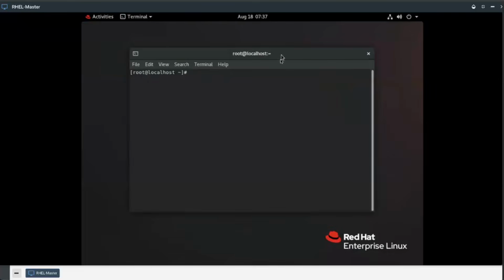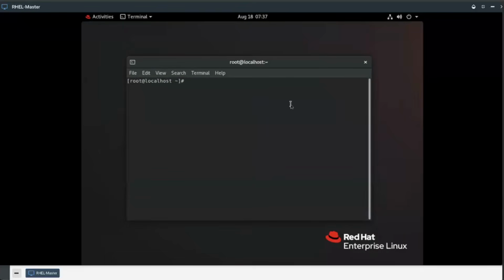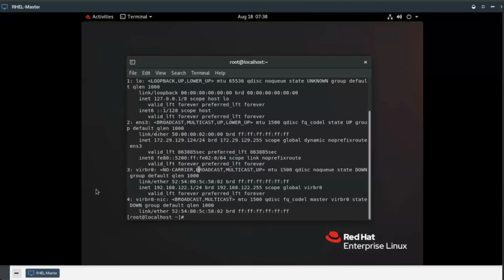From the terminal, we can first check which interfaces exist on this Red Hat Enterprise Linux. We can run the command nmcli device, and we can see the device is ENS3. ENS3 happens to be the interface which is connected to that management switch. Also, as part of the default configuration, the NAT device, where the NAT gateway is configured, which is a virtual interface on the server, is also configured to allocate IP addresses. So if I run the command ip a, I can already see that an IP address has been allocated